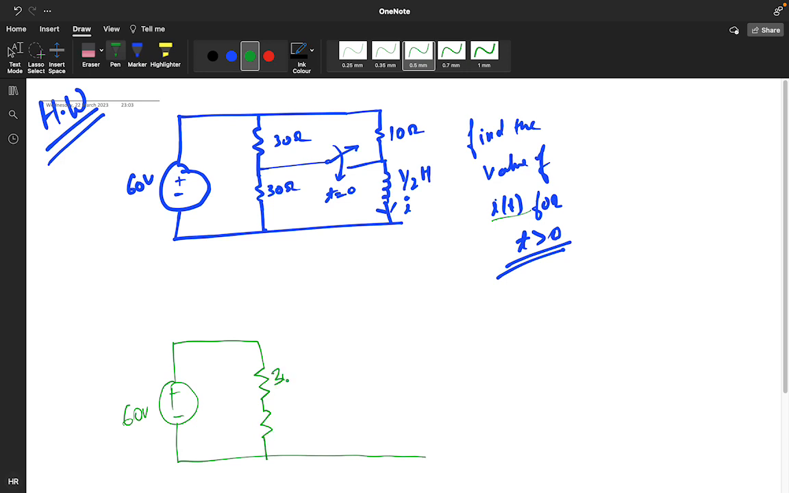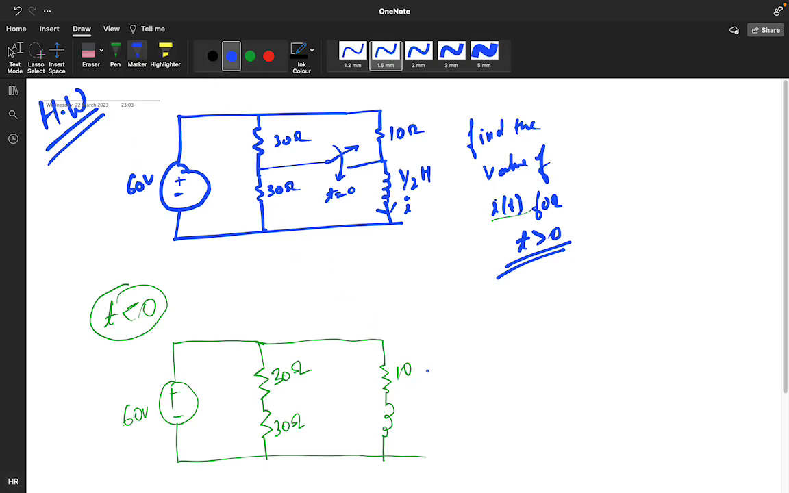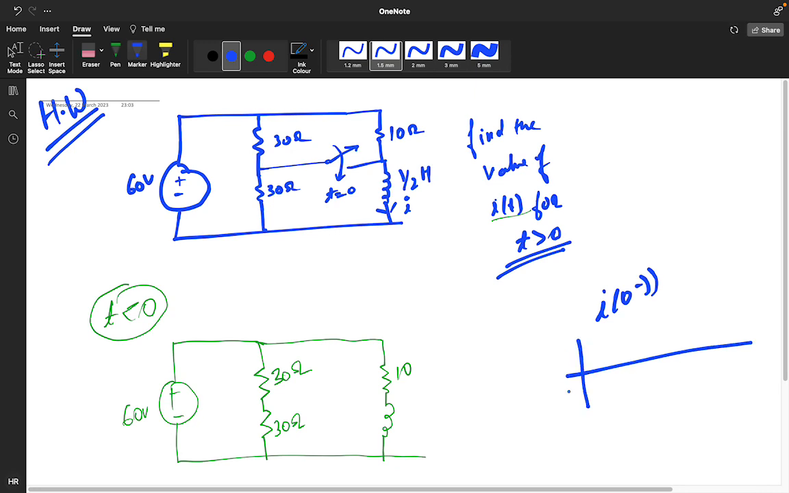This particular resistor is your 30 ohm, and this is your inductor. Before t is less than 0, the circuit will be like this: 30, 30, 10. What will happen with this inductor? We need to find the value of I of 0 minus. From minus infinity to time 0, the switch was